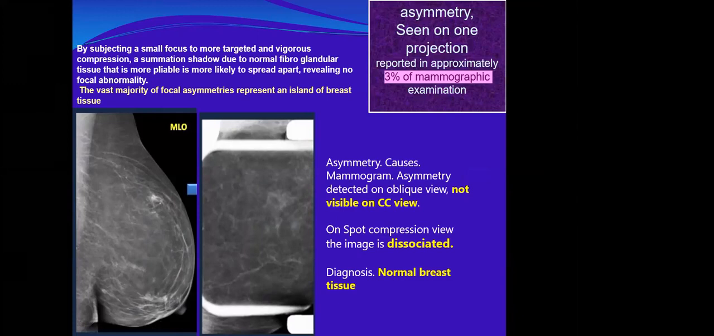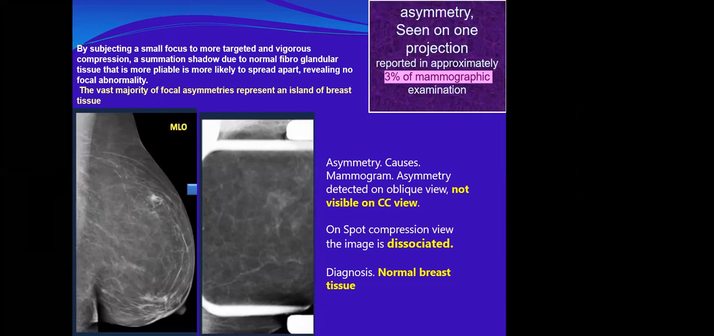So we are dealing with asymmetry. However, spot magnification view seen dissociations of this normal tissue. The spot magnification is usually subjecting a small focus to more targeted and vigorous compression. So a summation shadow or pliable tissue, you see, will spread apart, revealing no focal abnormality. But if there is a real abnormality, spreading away of the overlying breast tissue will make it more clear,